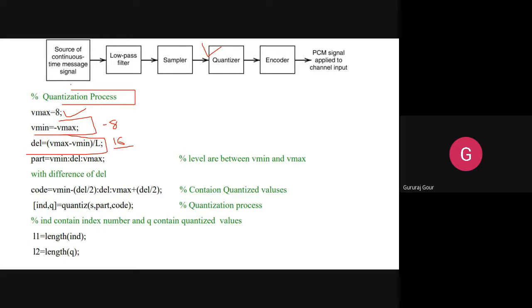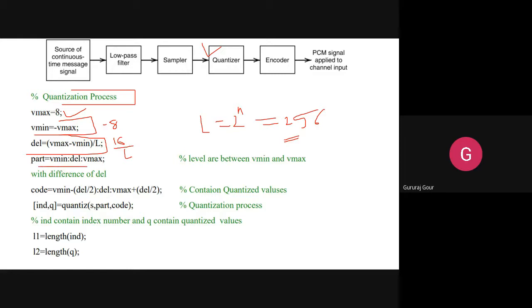L normally is going to be 2 to the power n. If you take n as 8, it is going to be 256 levels. So 16 by 256 you can calculate, and you will come to know.